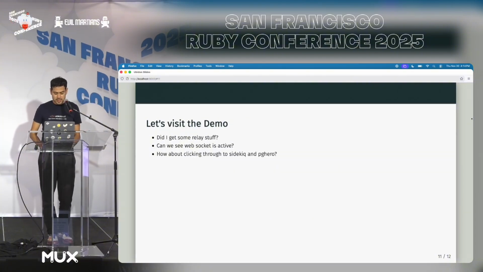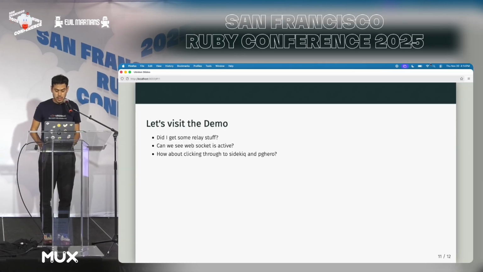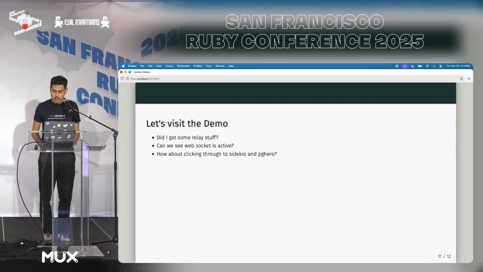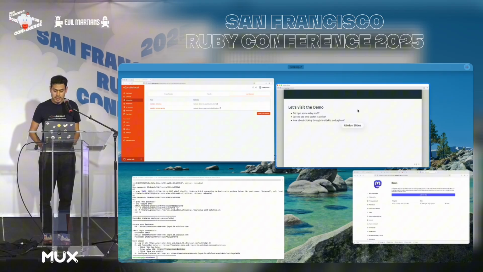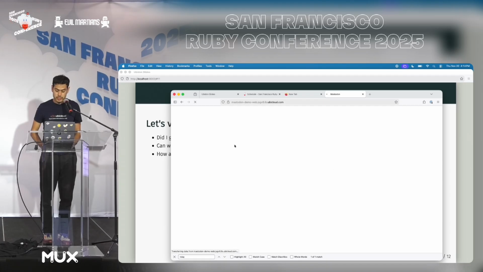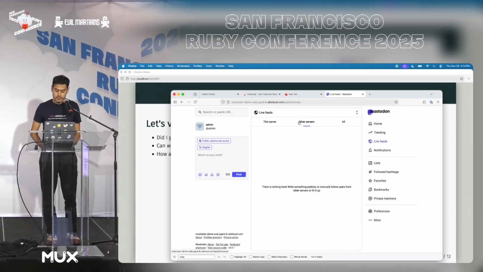Okay, so let's visit the demo site and show some things like how WebSockets work. Ooh, multiple windows. All right, so let's take a look. Did it start doing other servers? It can take a few minutes. Well, let's demonstrate